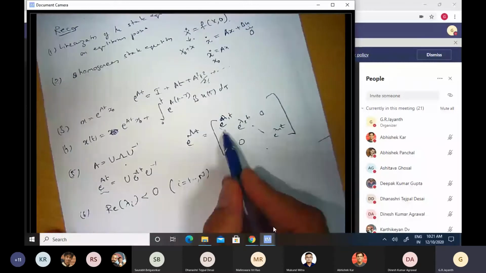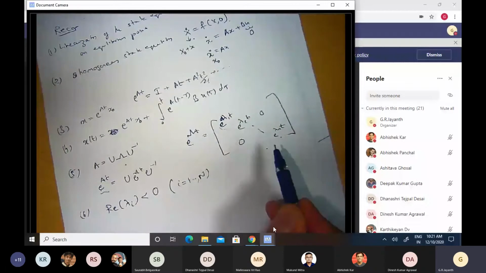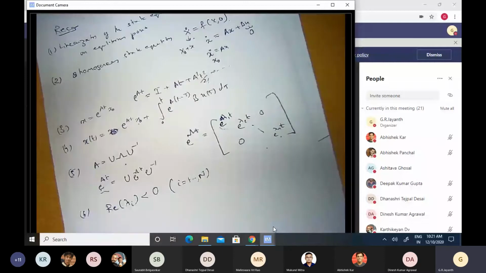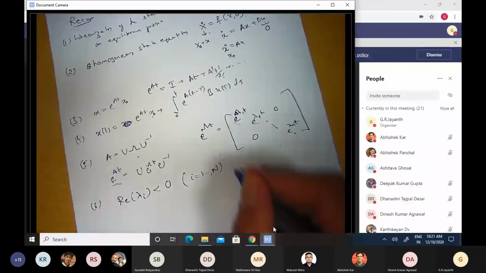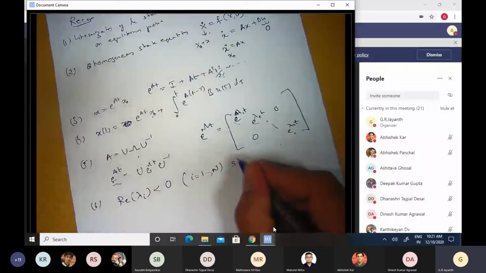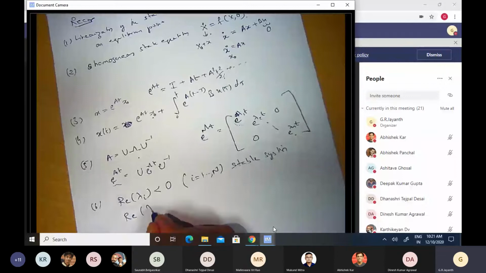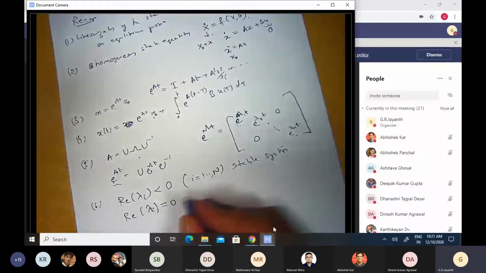Okay, so if I release my system from a certain initial state x0, if I wait long enough, the system would have come back to the equilibrium point. It would have come back to 0. So this is called a stable system. Then if a few of these eigenvalues, so if the real part of lambda i was equal to 0, not all of them need be equal to 0, but even if a few of them are equal to 0, then such a system is called a marginally stable system.